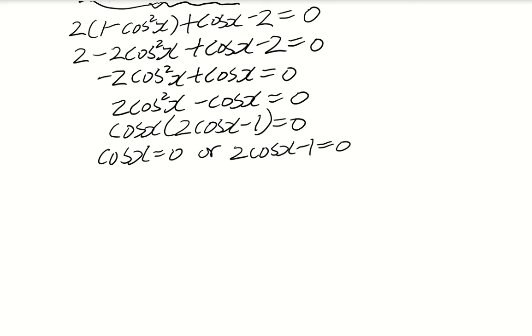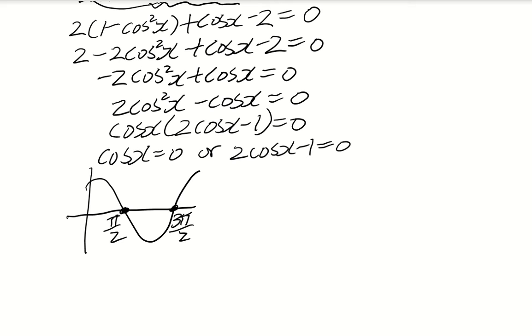So you would have to ask yourself, cos x equals 0 when x equals what? I would suggest you just draw a quick sketch of what a cos graph looks like. Then it's easy to say this one is pi on 2, this one is 3 pi on 2. So those values will produce cos equal to 0. Now here, 2 cos x equals 1, cos x equals half. So when x equals pi on 3,